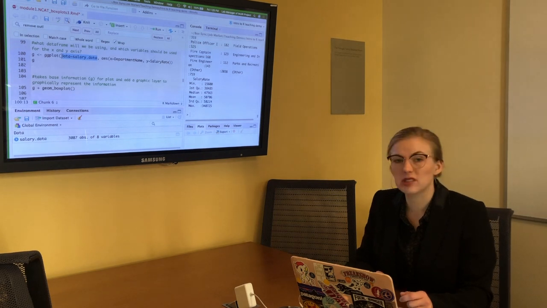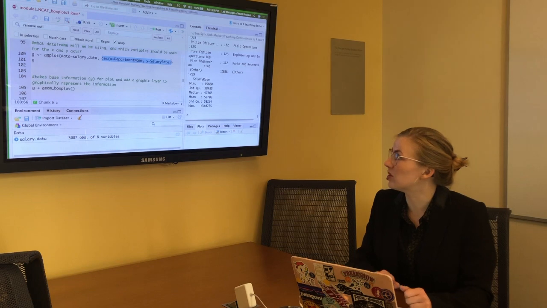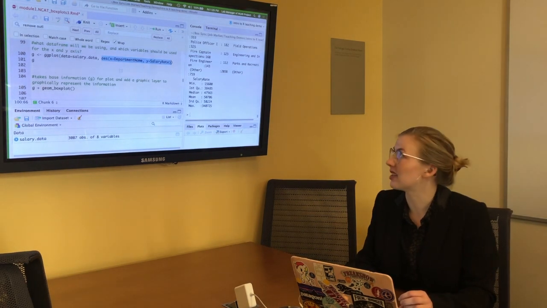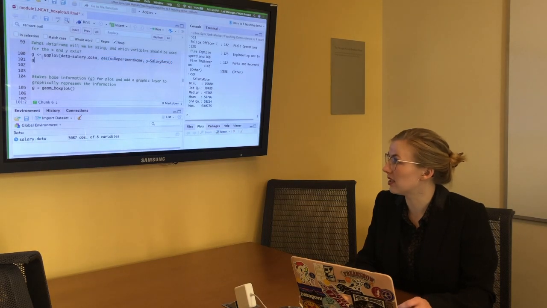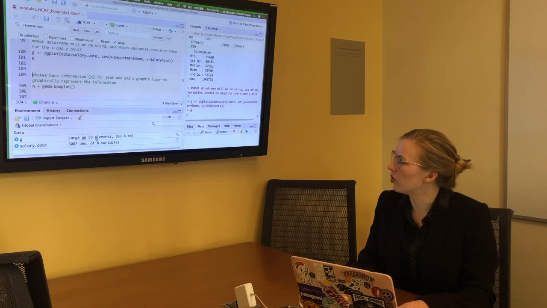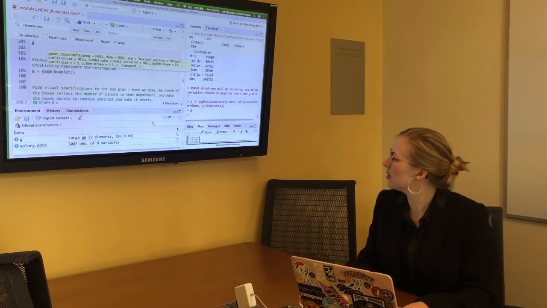Here I'm telling it to use the salary.data data frame, and then I also need to specify the coordinates. So here I'm saying the variables we're interested in here are department name for the x-axis and salary rate for the y-axis. So if I run that, I end up with an object,